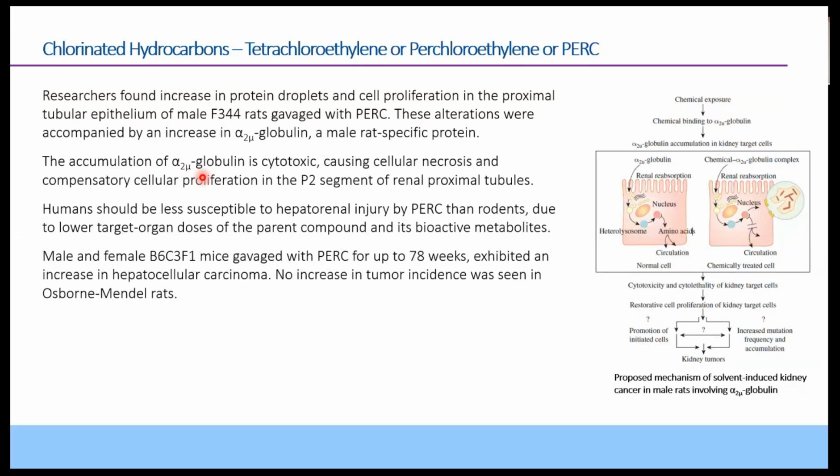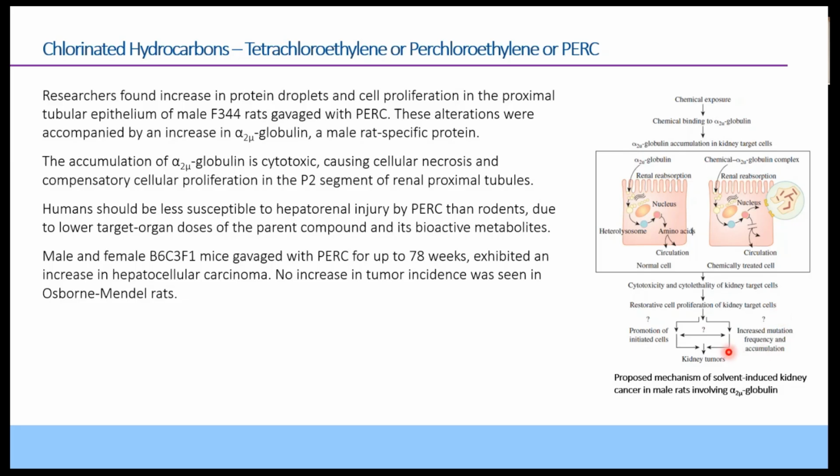The accumulation of alpha-2 mu globulin is cytotoxic, causing cellular necrosis and compensatory cellular proliferation in the P2 segment of the renal proximal tubule. And humans should be less susceptible to hepatorenal injury by PERC than rodents due to the lower target organ doses of the parent compound and its bioactive metabolites. So on the right side, you can see in this figure that the chemical exposure causes binding to the alpha-2 mu globulin, and this causes accumulation in the kidney target cells, and this leads to cytotoxicity and cytolethality, and ultimately